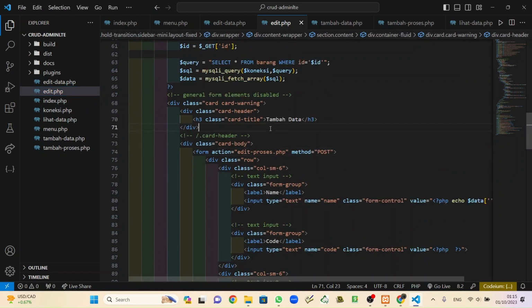We save here first. Edit process. Okay, and then add one thing.